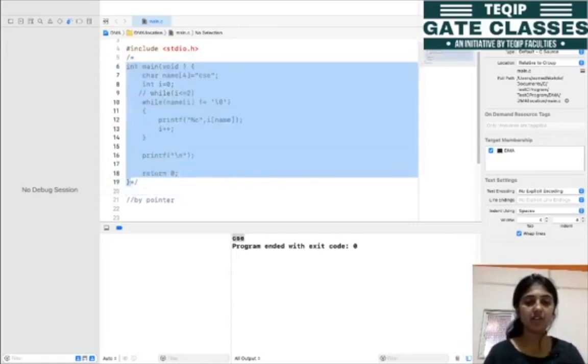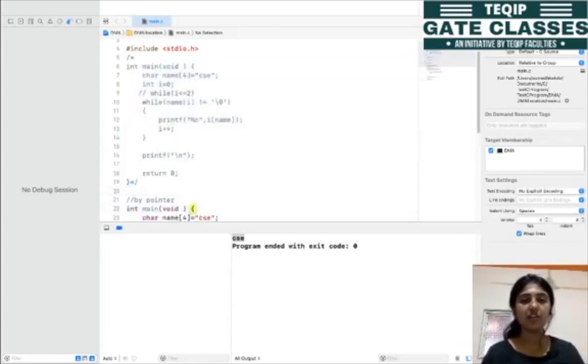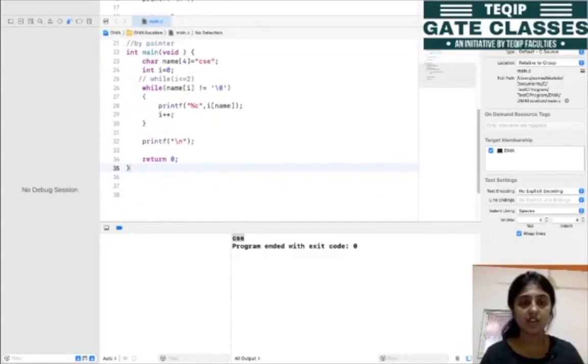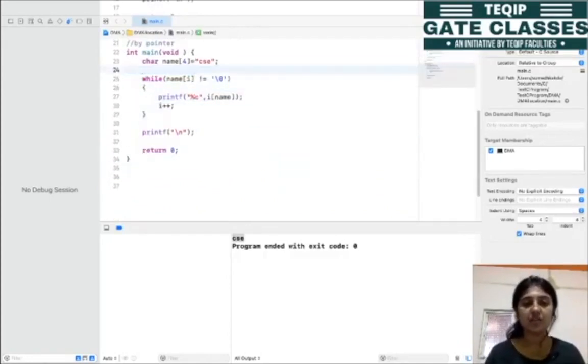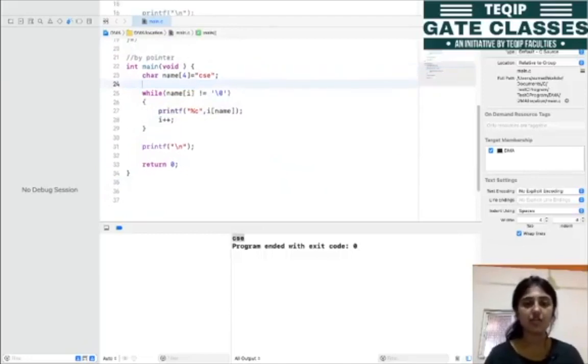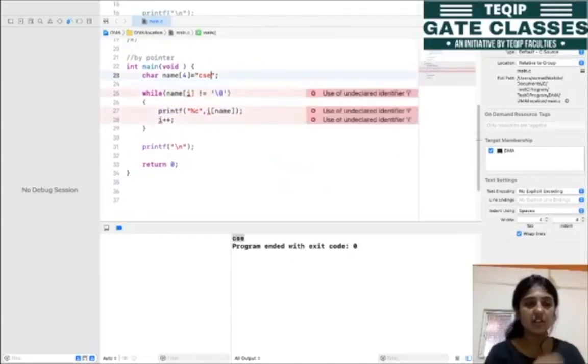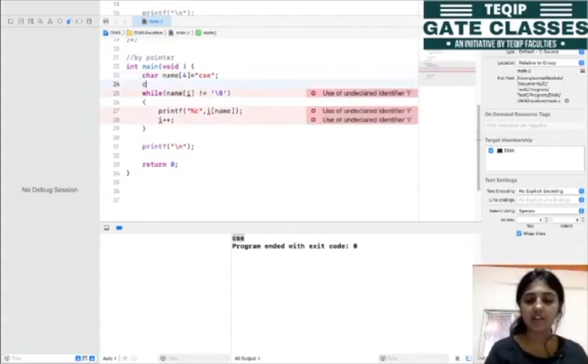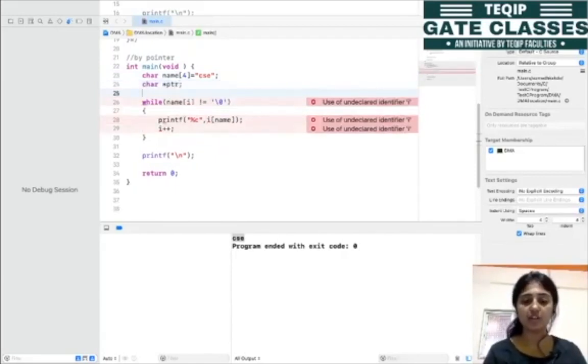And copy this thing inside this. So anyway, we need some common thing here. Okay. So सबसे पहले तो क्या करना होगा, okay, so सबसे पहले we need this, okay, CSE is fine. After that we need one character pointer जो कि इस array को, this character array को point करेगा. So this ptr is equal to name.